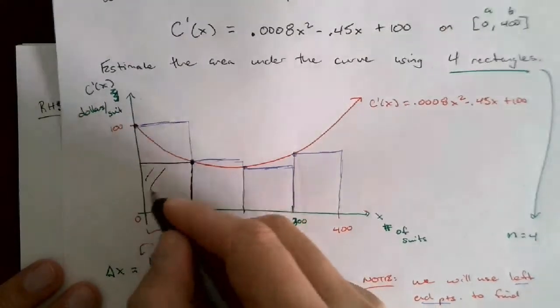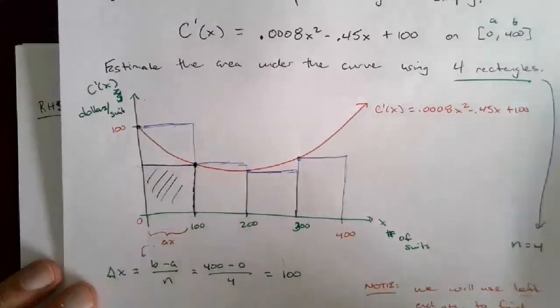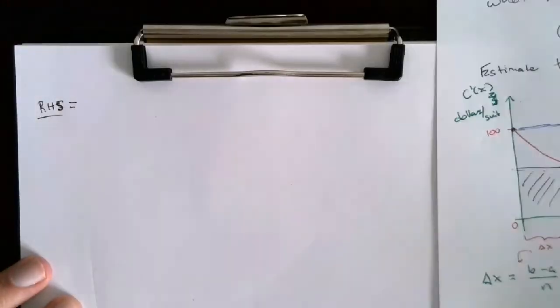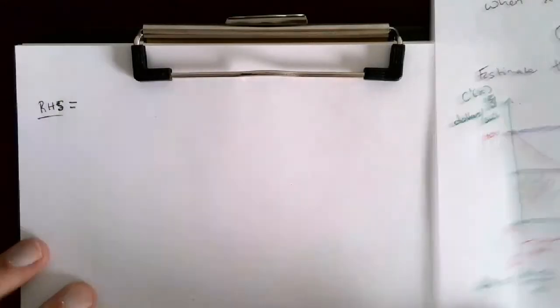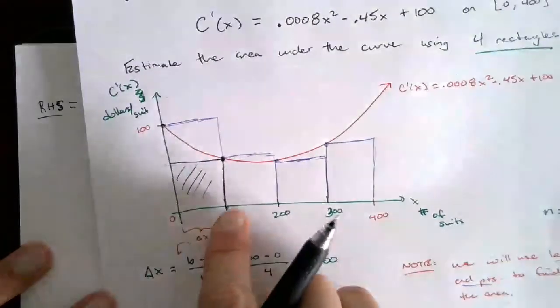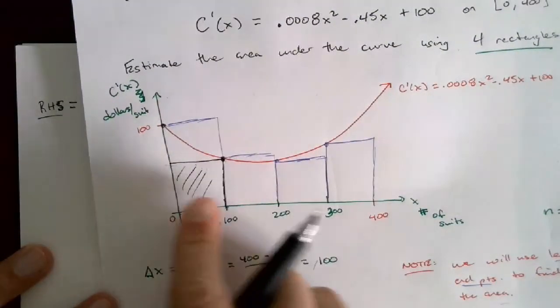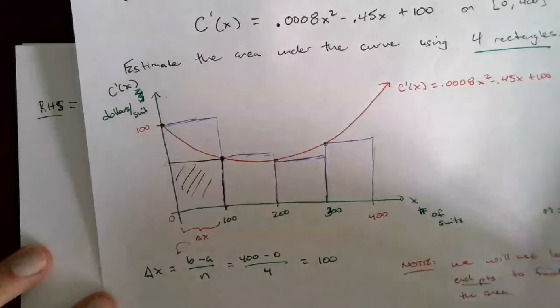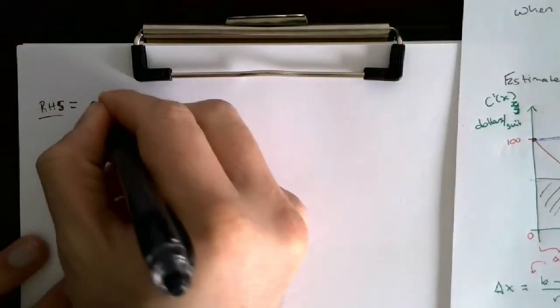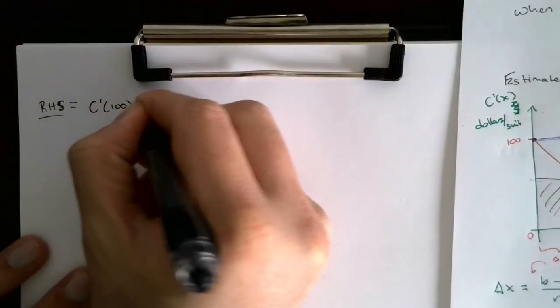So this rectangle here is what I'm taking the area of. What's the height of it? The height of this one is C prime of 100, times the width. The width is still delta x, so we would have C prime of 100 times delta x